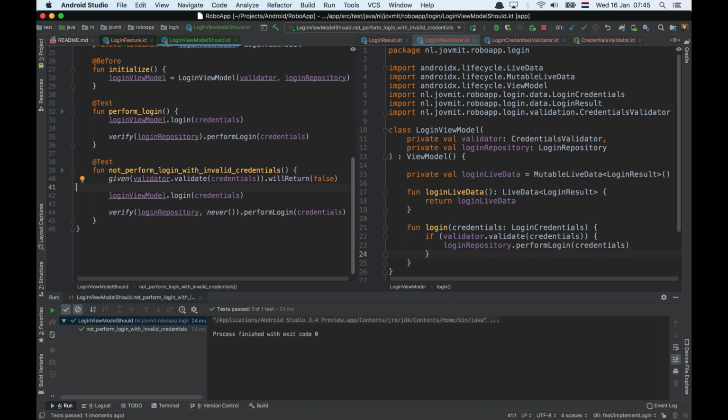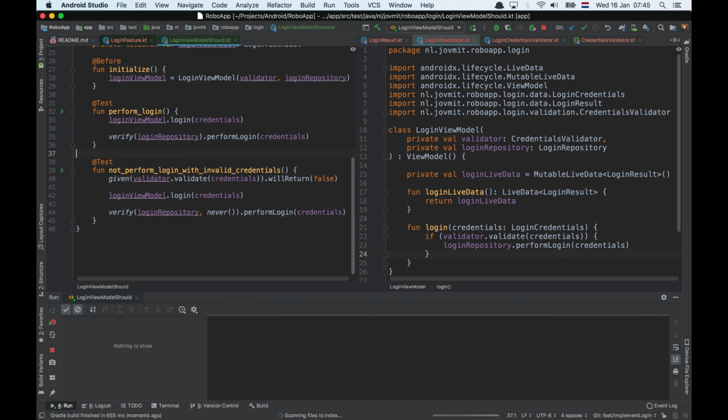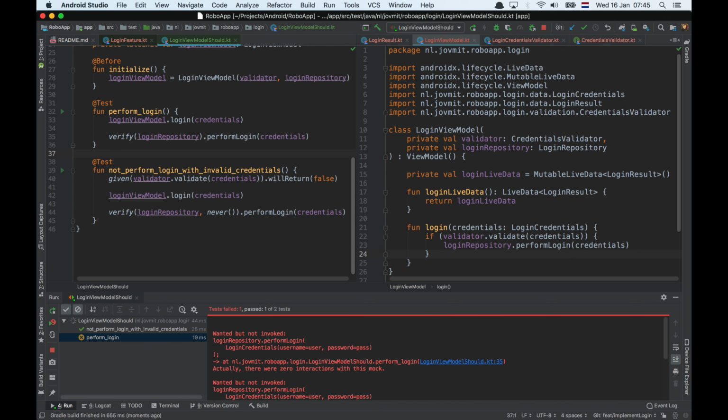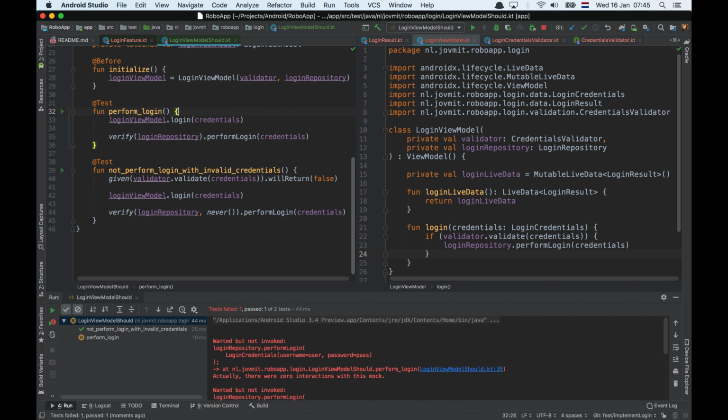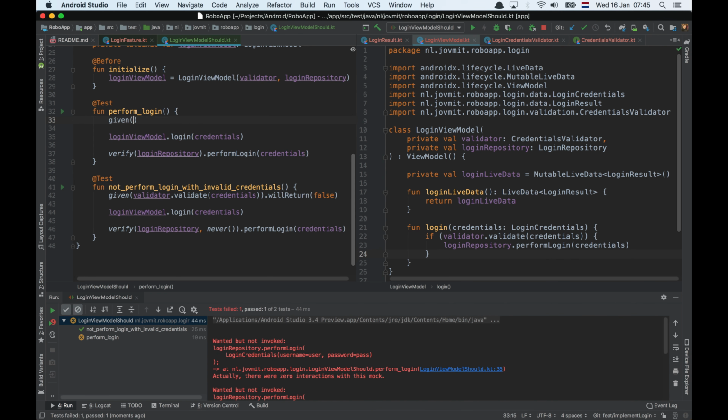Let's see what happens. It passes. However, I expect the other one to be broken because the mock by default will return false, and the login is not gonna work. So here I will have to say, given my validator dot validate credentials will return true,